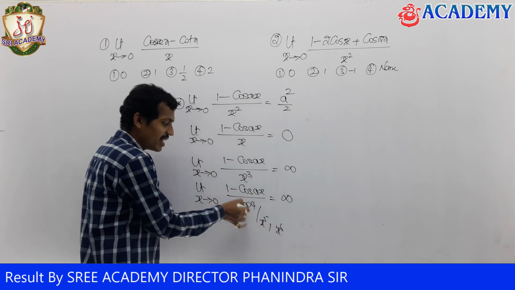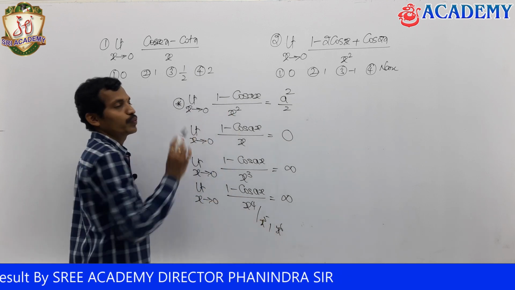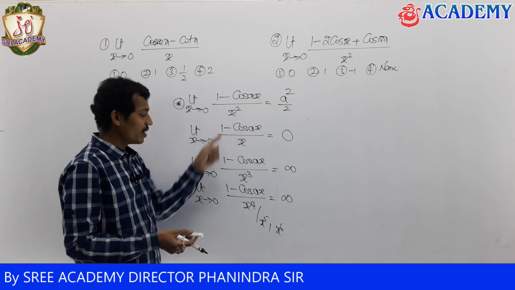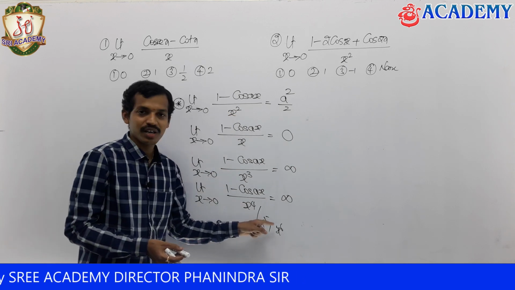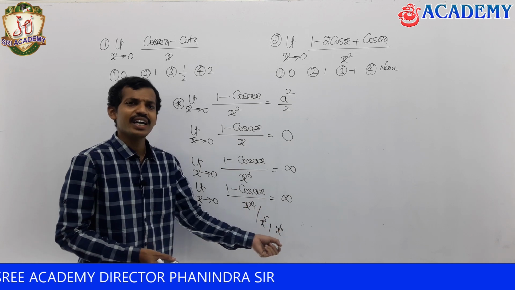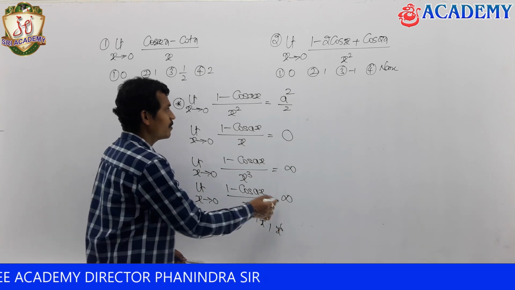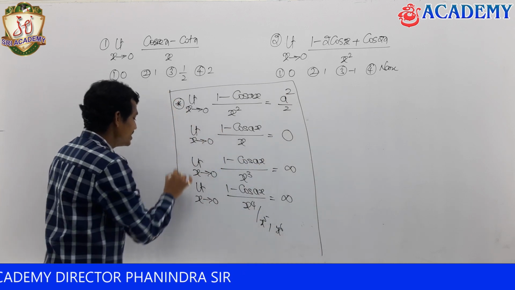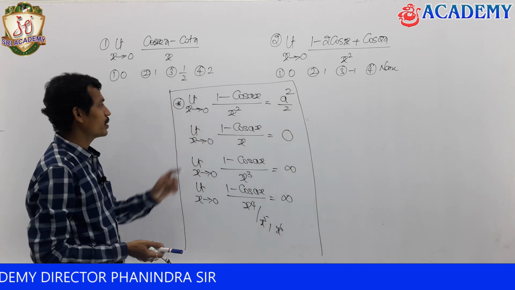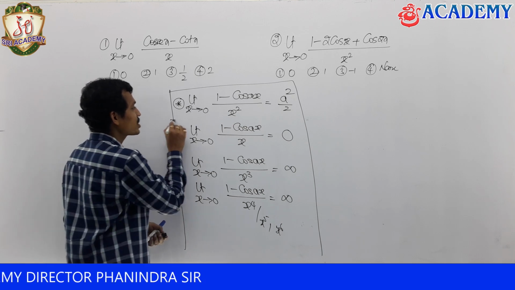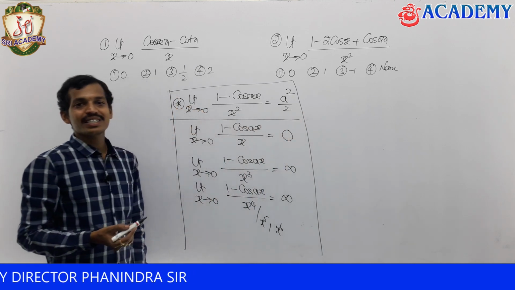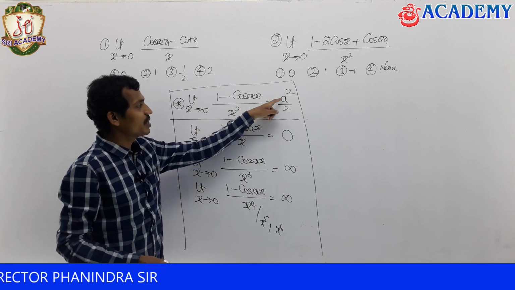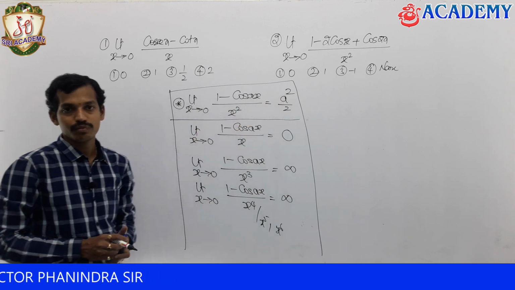Not only for 4, also x to the power of 5, x to the power of 6. If you get any power other than 2, higher than 2, other than x square, like x cube, x to the power of 4, x to the power of 5, x to the power of 7, you will get infinity. This you have to remember. In this, simply remember the one case where the answer exists, that is limit x tends to 0 of (1 minus cos ax) divided by x square. Based upon a, we are going to have the answer a square by 2.